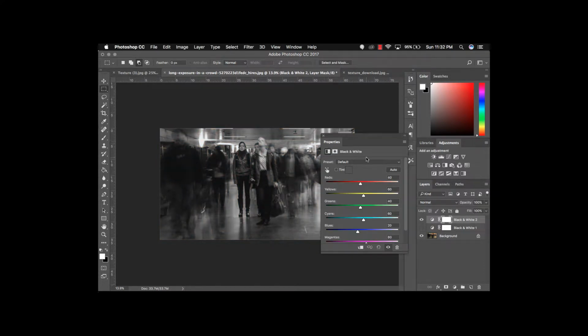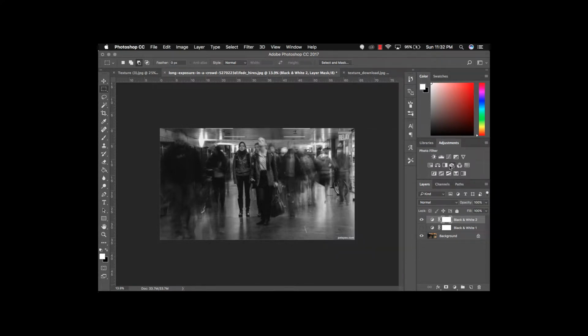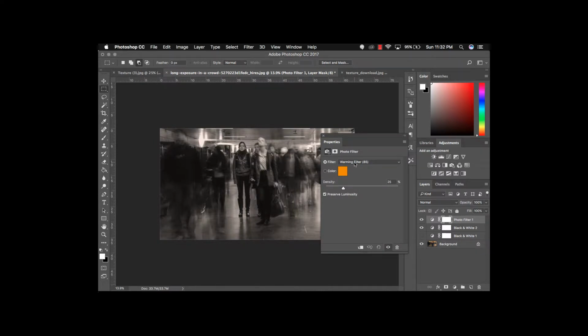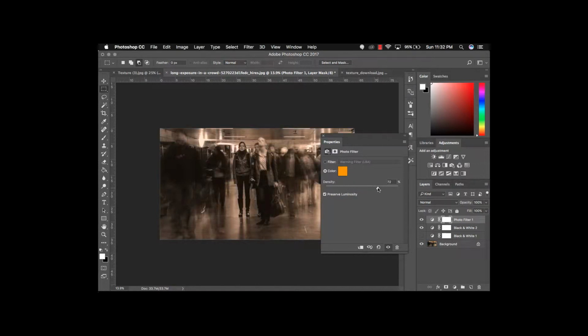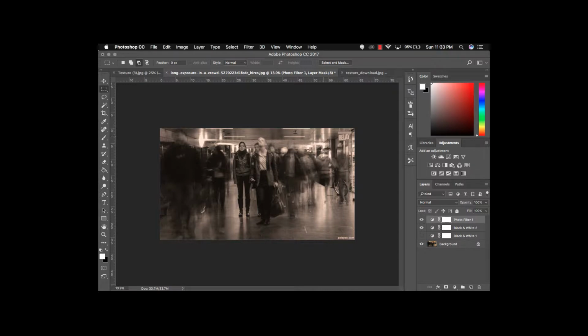You could also just do regular black and white. You can try the custom presets. For now, I'll just leave it. You can add a photo filter, and play around until you get a look that you like, but that can also create that sepia toned look. All right, so when you get the basic image to look the way you want, oh, sorry guys, you can add some texture,